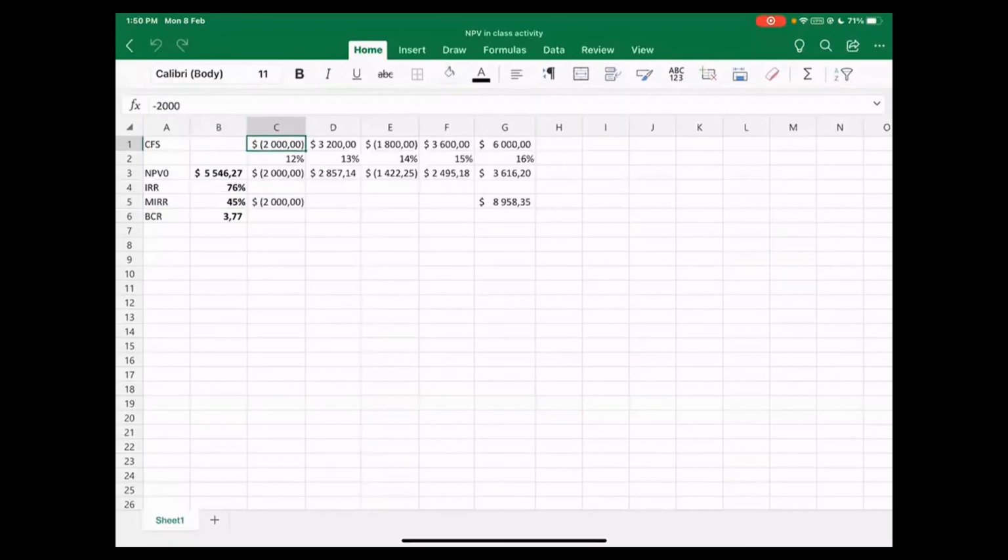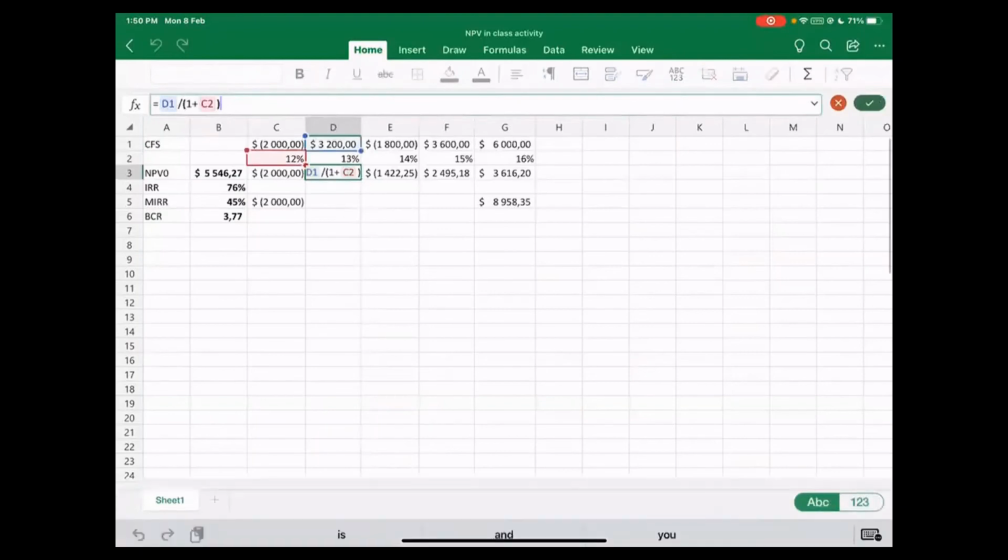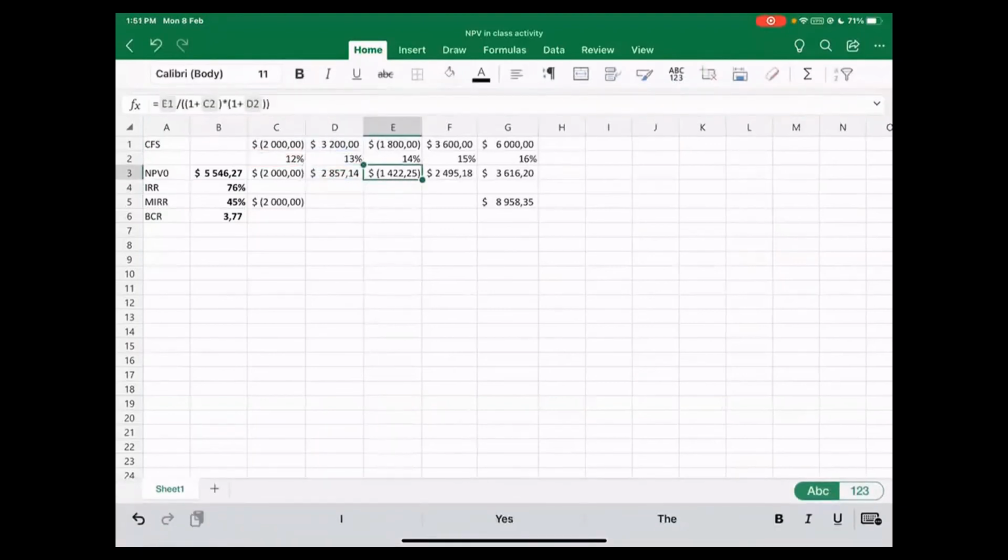So here are my calculations. My cash flows, as you can see, the discount rates, and I calculated the present value of each cash flow separately. So I discounted 3,200 by 12%, as you can see from here. And I also did the same for all other cash flows, and I summed it up to calculate the NPV. For IRR, I used...